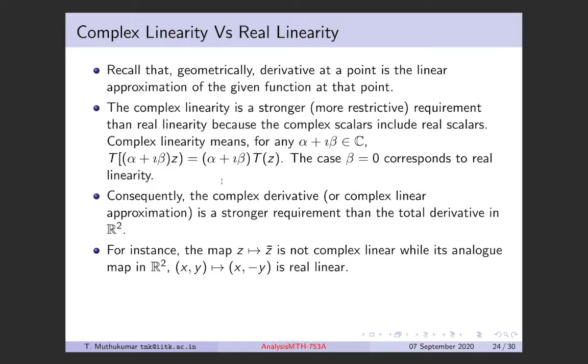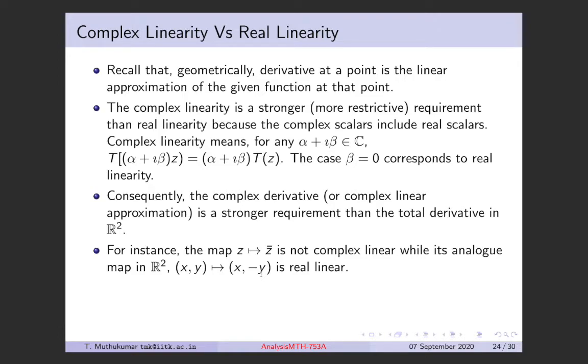As an example, take the conjugate map, z goes to z bar, which is actually the reflection along the real axis. This is not a complex linear function because it will not respect the scalar multiplication, right? You can see that alpha times z goes to alpha bar times z bar, which is not what linearity tells you. So this is not a complex linear map. While the same map in R2, which is precisely (x, y) going to (x, minus y), the reflection along the x-axis, right? The same map as the conjugate map. This is a real linear map,